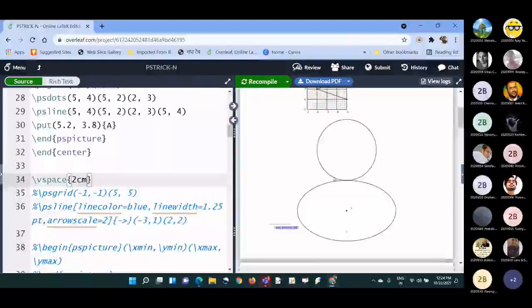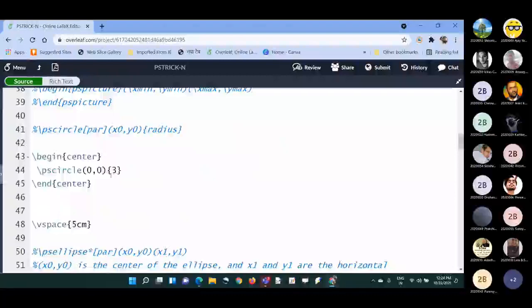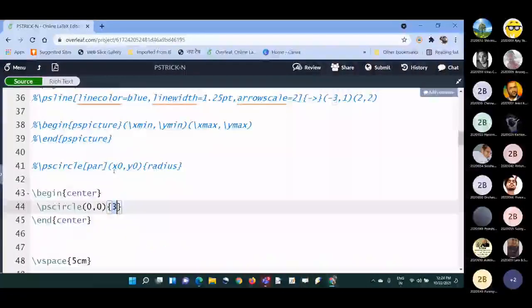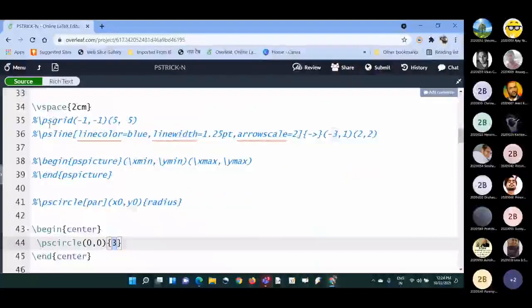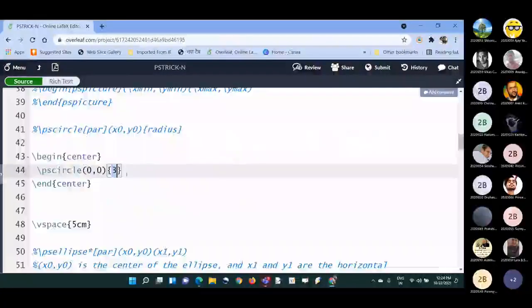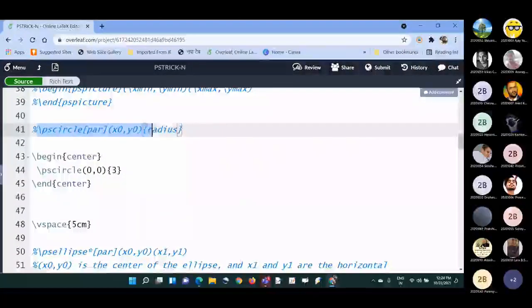Now let us see how we can plot a circle. For plotting a circle, the syntax is \pscircle, then a square bracket with the parameters or arguments, which are optional only.